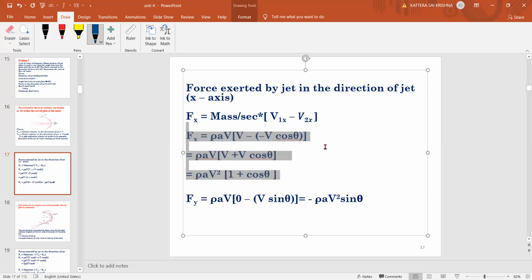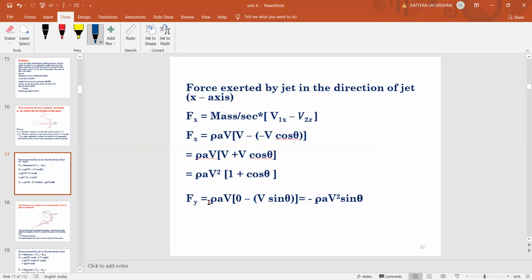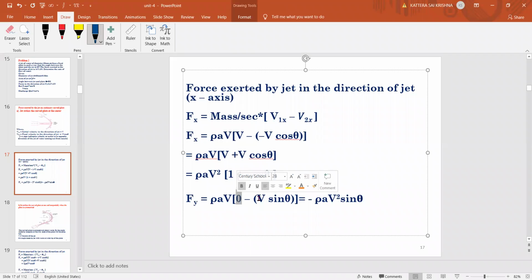Similarly, if you want to find the force exerted by the jet in the Y direction, if you see here, the inlet velocity of the jet in the Y direction. Do we have velocity in the Y direction at inlet? No. So the initial velocity in the Y direction is 0. The final velocity in the Y direction is V sine theta. Remember that. So F5 becomes rho AV into initial velocity, which is 0,